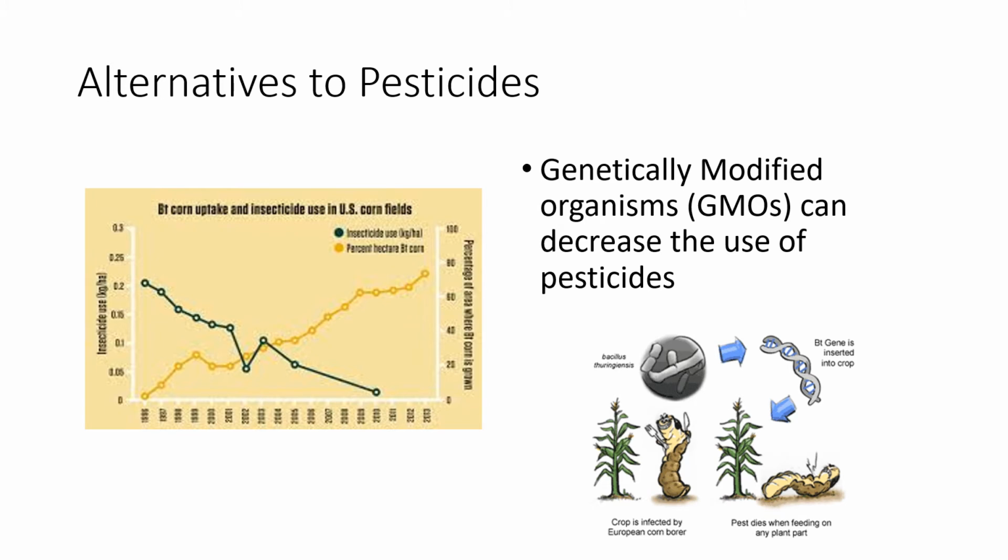But one of these is actually the use of GMOs. It can actually decrease the use of pesticides, like this BT corn. So we take the gene from the BT, I'll try and say it, I'm going to say it wrong, Bacillus thuringiensis. I definitely said that wrong. Anyway, it has a protein that is toxic to these larvae called the European corn borer. And of course, we don't want the corn borer to bore our corn, so we insert the gene into the corn. They eat the corn and then they die. And so, awesome, we don't have to spray pesticides.